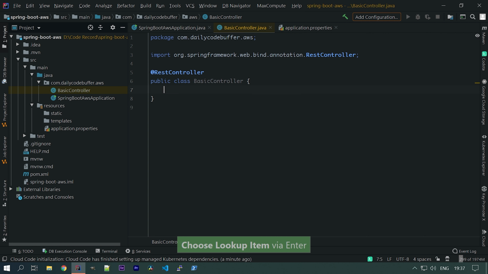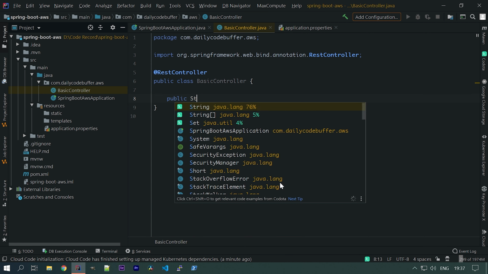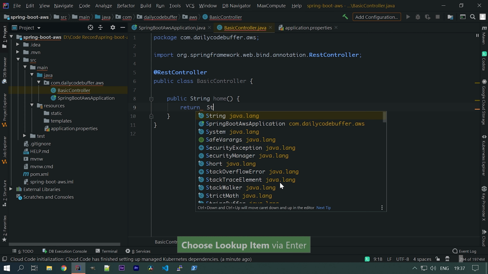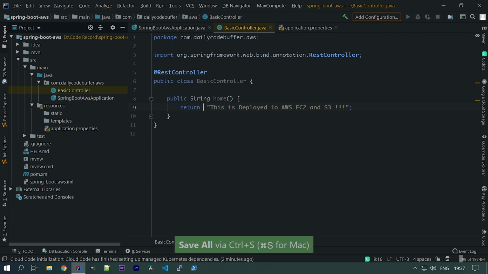And let's create an endpoint. We'll be returning a string. Okay, so this is the one message that it will return. Okay, so this is the application which will return it.